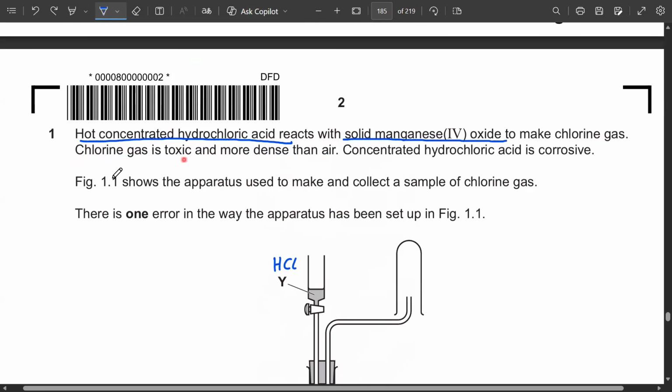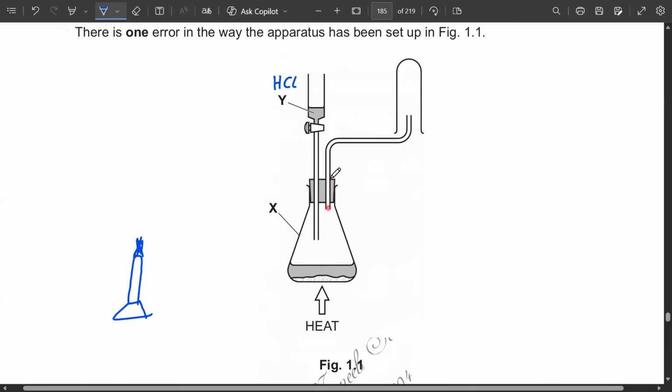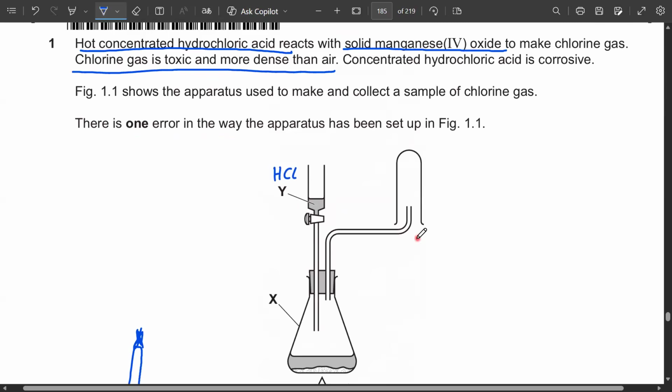If it is more dense than the air, then within the apparatus, we find this delivery tube is pointing upward, which means the chlorine gas is coming out from this delivery tube, and it should be going into the collection